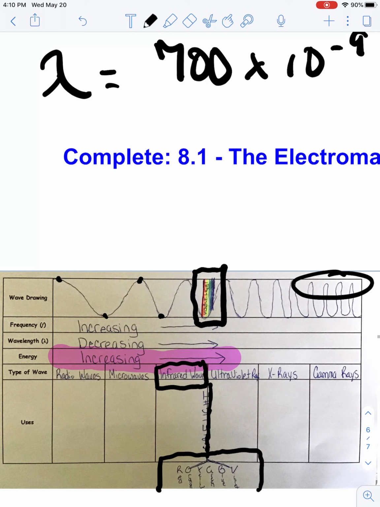Okay? So this little section, so if you could on your diagram here, on your spectrum, if you could fill in, I had to go search my 10-year-old's drawers and find some colored markers. Hopefully you have got something colored at home. I understand if it's still at school, but it's nice to include the Roy G. Biv. So you have on this sheet, oh, and right smack in the middle here is the visible light spectrum